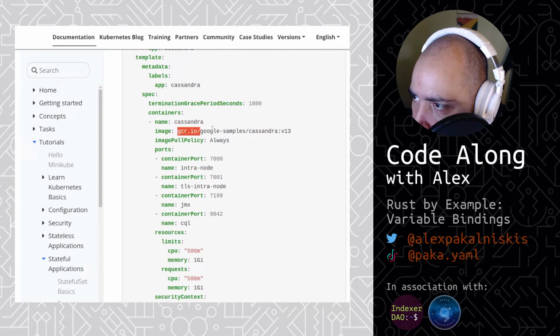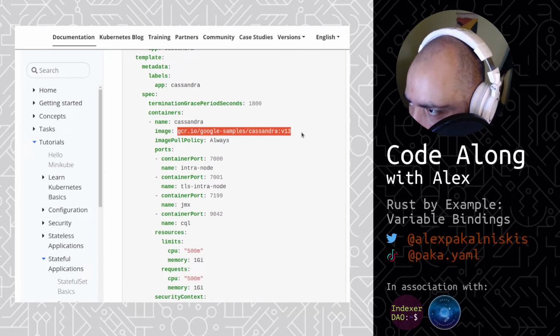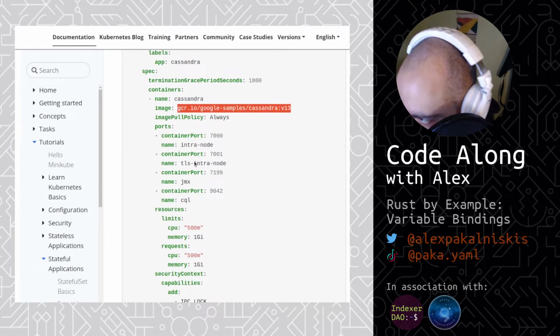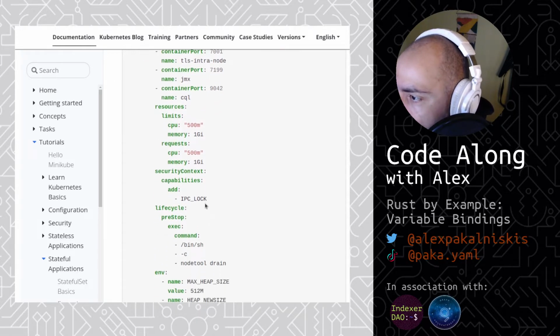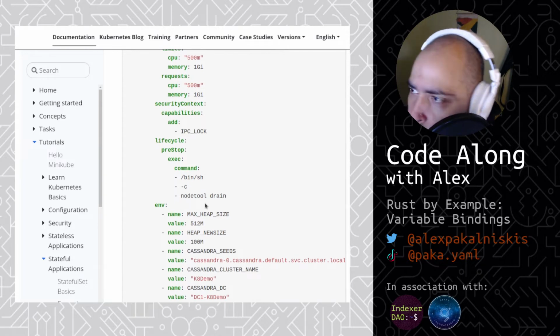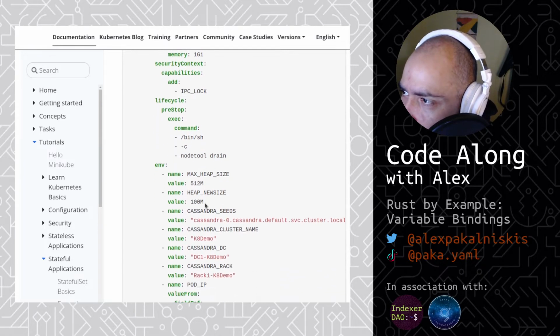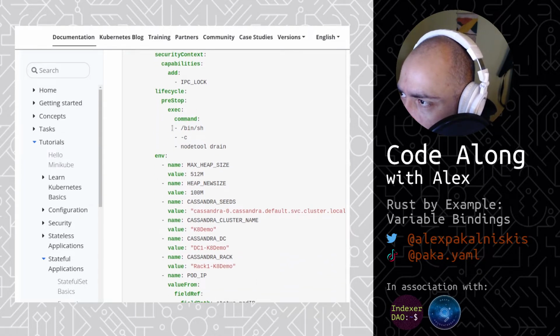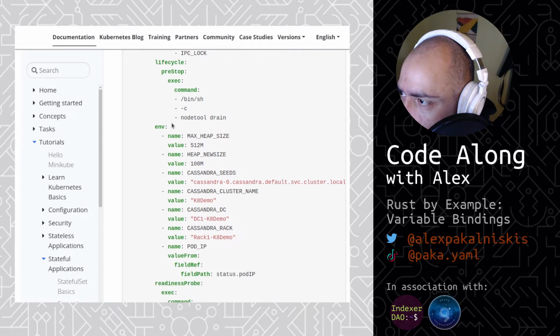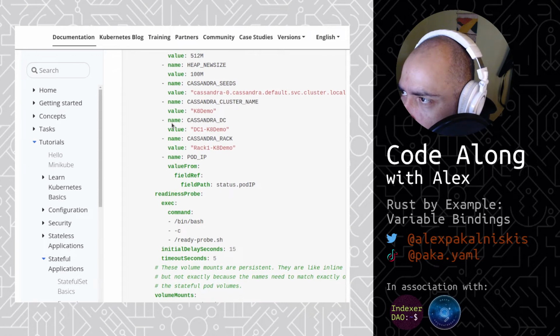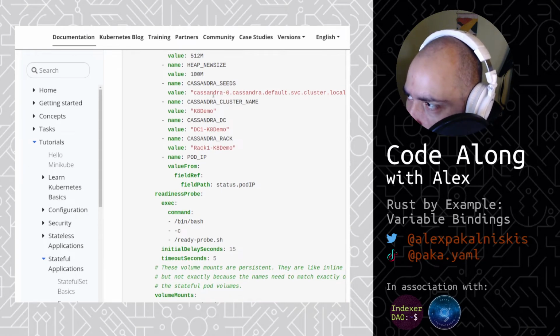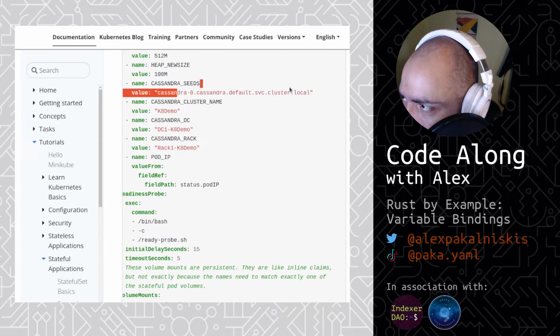So we're pulling image. This should be fine. We're declaring some ports. Maybe it's this. Something with the